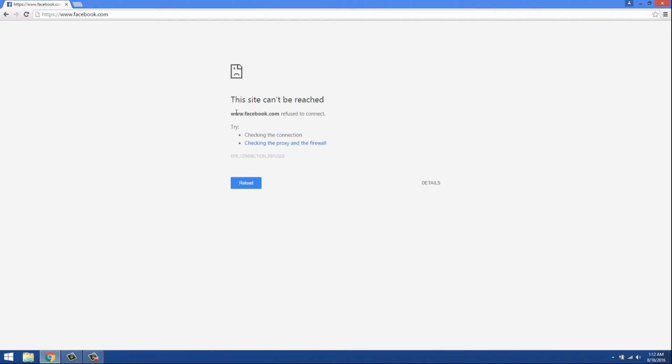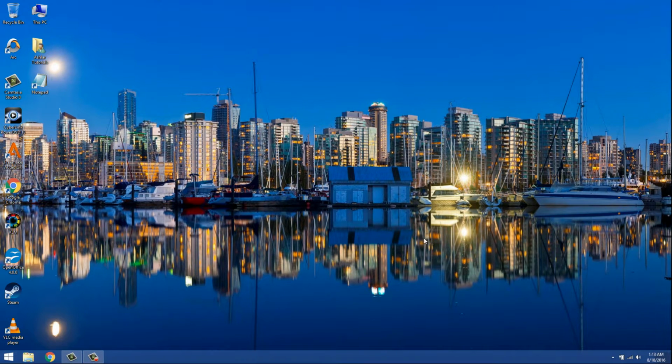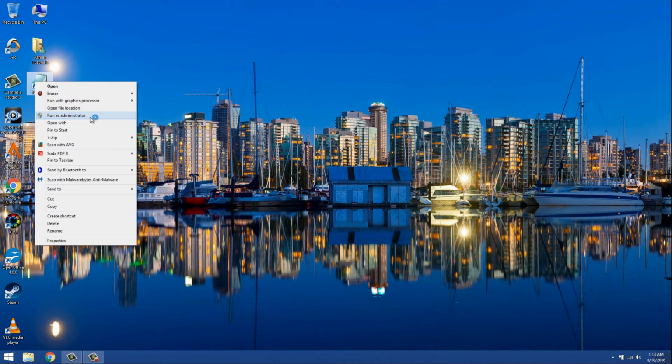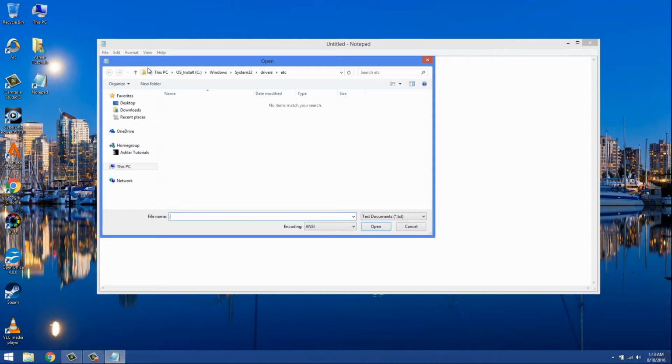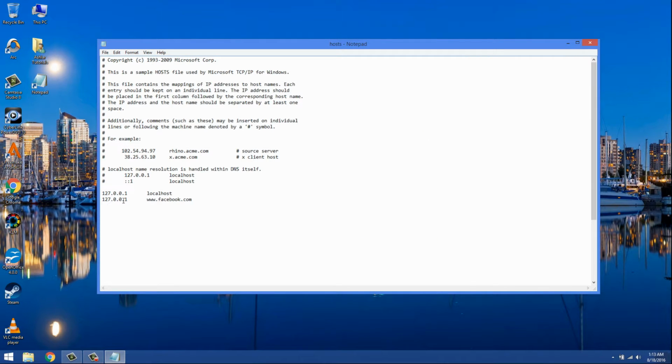So anytime you decide you want to be able to access Facebook again, you can just go back and repeat that same process. And I'll go over it one more time. Since we're here, right-click Notepad, run as administrator, click yes to the User Account Control question that comes up. You get the blank Notepad, file open, and so we're already navigated to where we need to be. This PC, OS install C, Windows, System32, drivers, etc. And then make sure you go to all files here and then open hosts, and see we have that entry for Facebook. If we go ahead and select this and delete it and save,